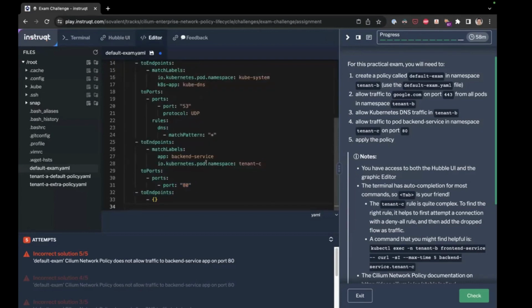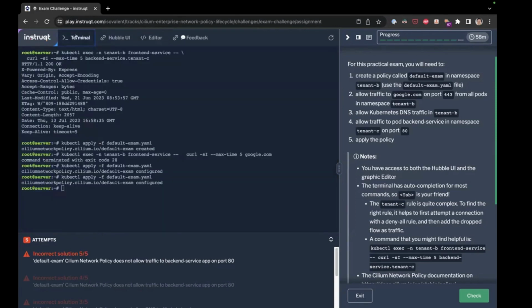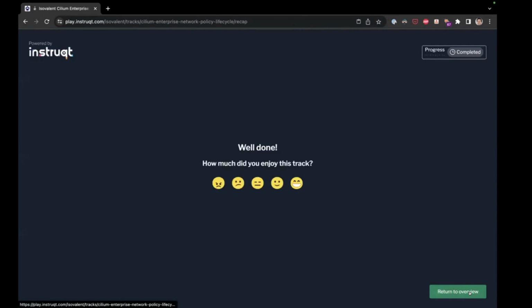I'm allowed to contact things inside my namespace. I'm allowed to contact specifically backend service and tenancy. I'm allowed to contact kube-dns, and I'm allowed to contact Google.com. I save that. I apply. Get badge. Yay. Excellent. So the other way that might be easier, exactly, is to create